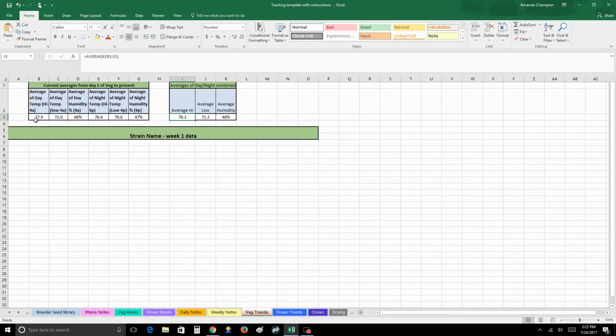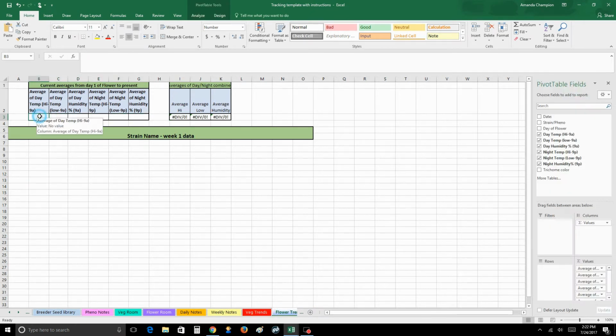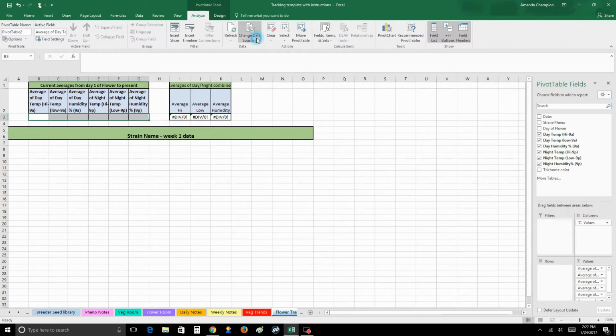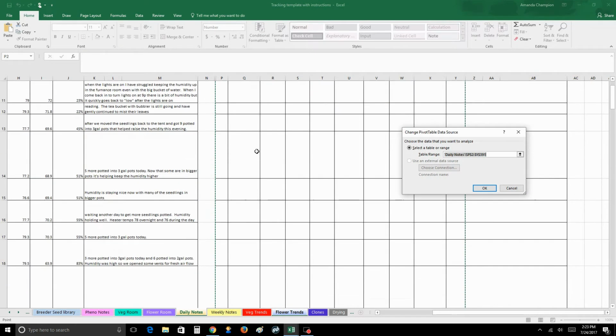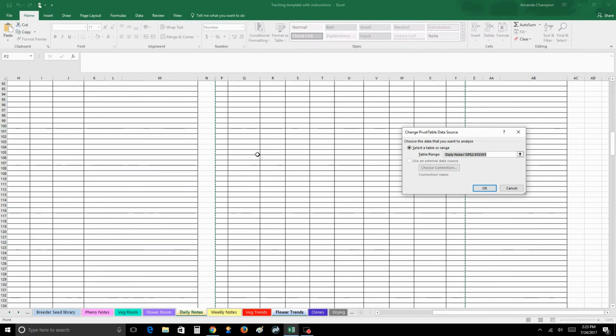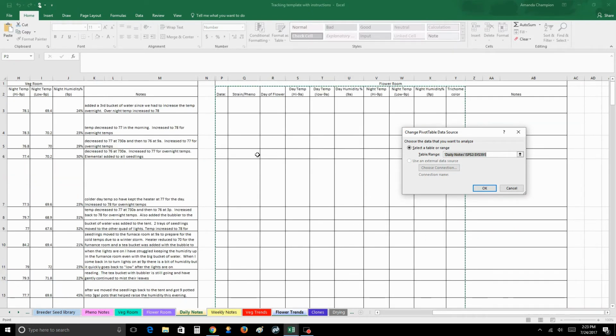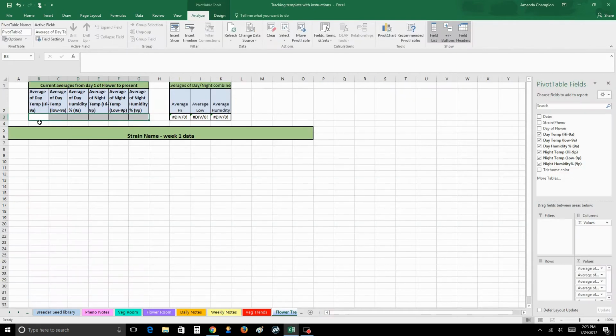So now that you have this set up for your veg side, you would do exactly the same thing for your flower side. You would highlight this information, you'd come up to Analyze, ensure that it's pulling from the right source, which it is. I already have it set there, but you would just want to ensure that it's pulling for the right amount of columns or for rows for you, so you're not having to update that every day. Once that is, you'd click OK,